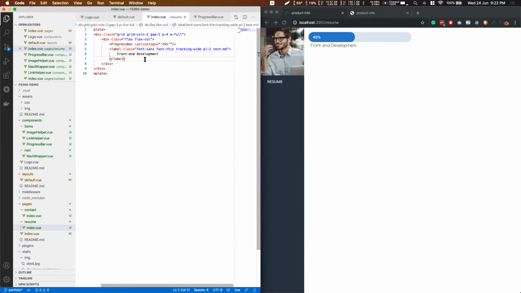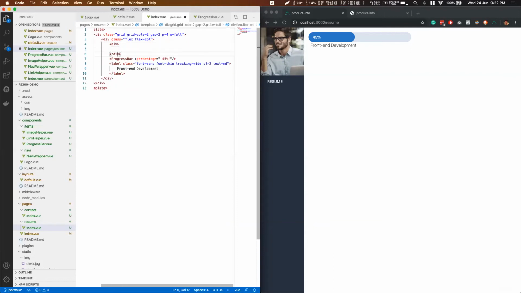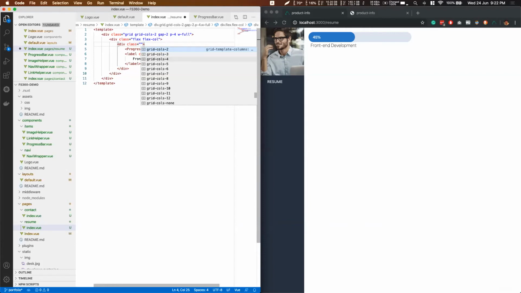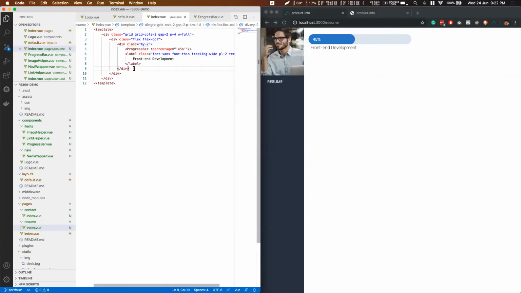Now, the next thing is, plus, I want to have some space in between my items. So I use Y2. And now the next thing is